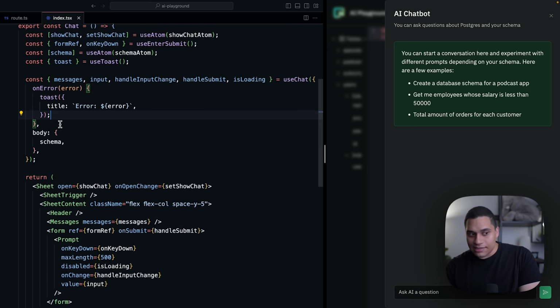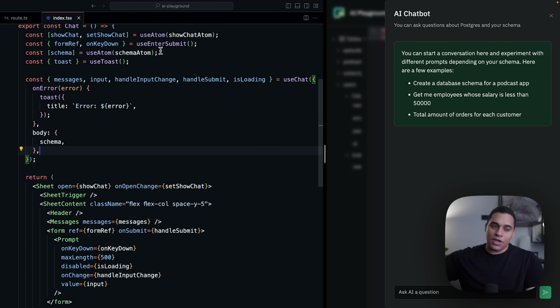And last but not least, we can include extra data whenever the form is submitted. So we include the database schema. The schema variable here, we're pulling it from state, and we're setting the state from another component, which will include the database schema. This is Jotai, a very cool state management library for React, and it uses a useState-like API. So we're just pulling the schema here, and we're including it whenever we submit the form. And that's how the chatbot is able to answer questions about the schema.